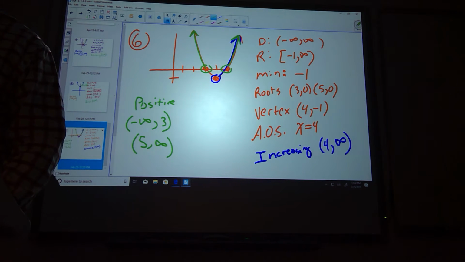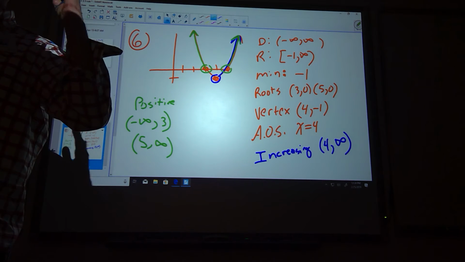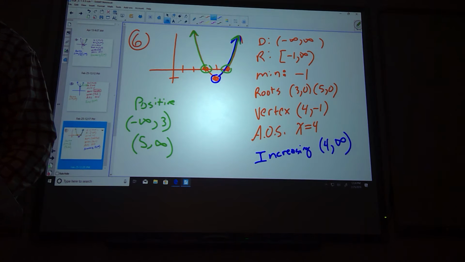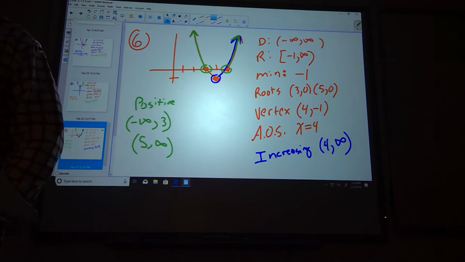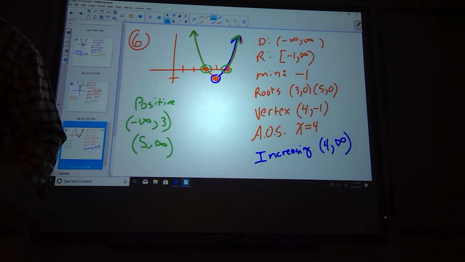And what does it mean in the context of the problem? That means that if you had a width of your rectangle being 75 feet, so you have to figure out what your length would be, but if you had a width of 75 feet, so you had a 75 foot and a 75 foot, and then the rest of the fence made up the rest of it, we would enclose an area of 5,625 feet. That's the maximum amount of square feet that my pen can be. And the reason it's a max is that the parabola opens downward.